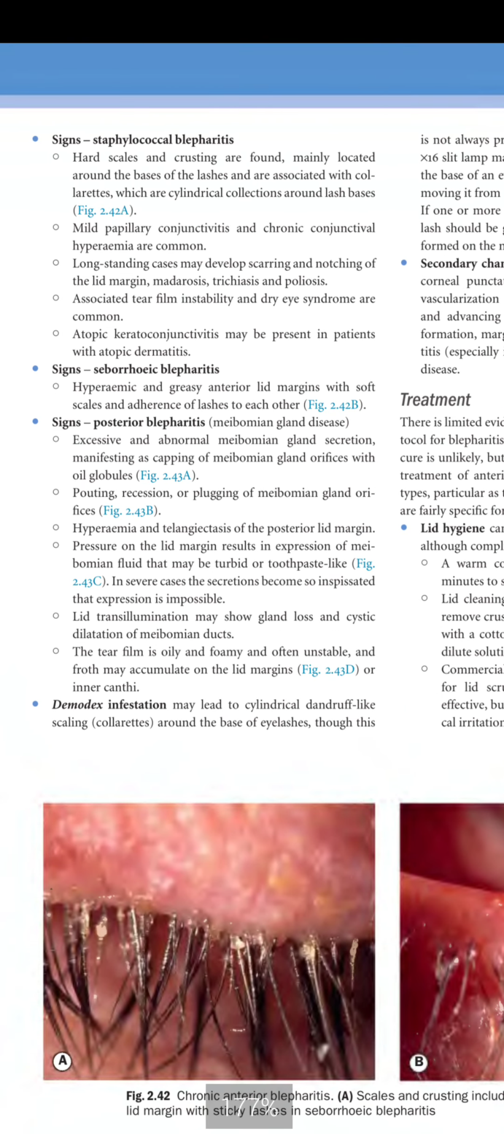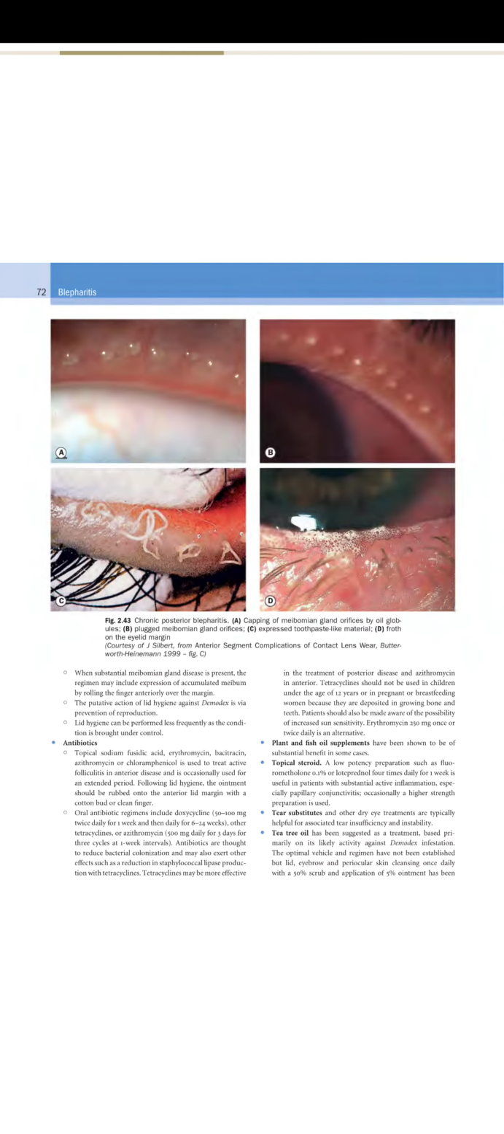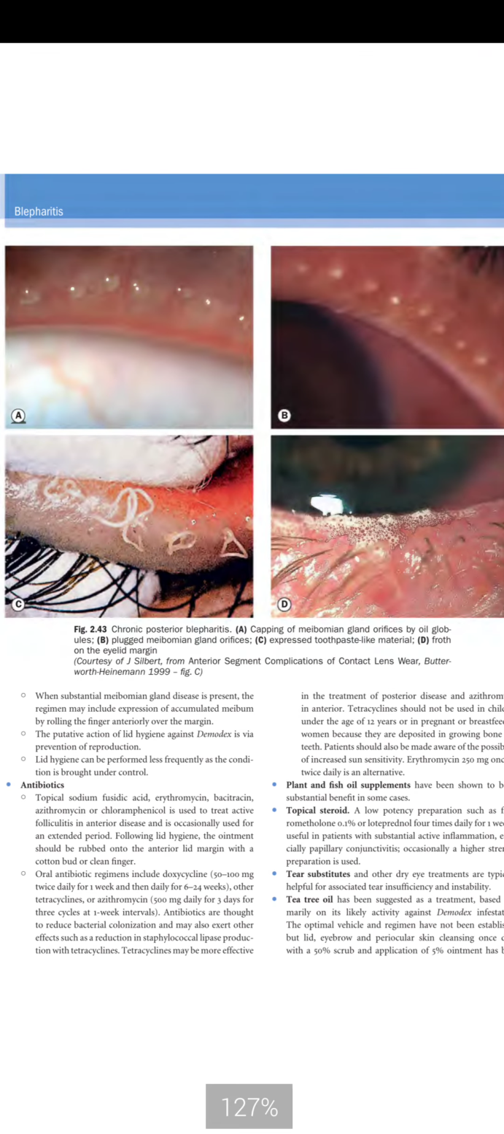Posterior blepharitis, meibomian gland disease, excessive and abnormal meibomian gland secretion, manifesting as a capping of the meibomian gland orifice with oil globule, pouting, recession, or plugging of the meibomian gland orifices. So, in case of the meibomian gland dysfunction, you will see that the meibomian glands are usually capped with oil globules, and A is showing the capping of the meibomian gland by oil globule,